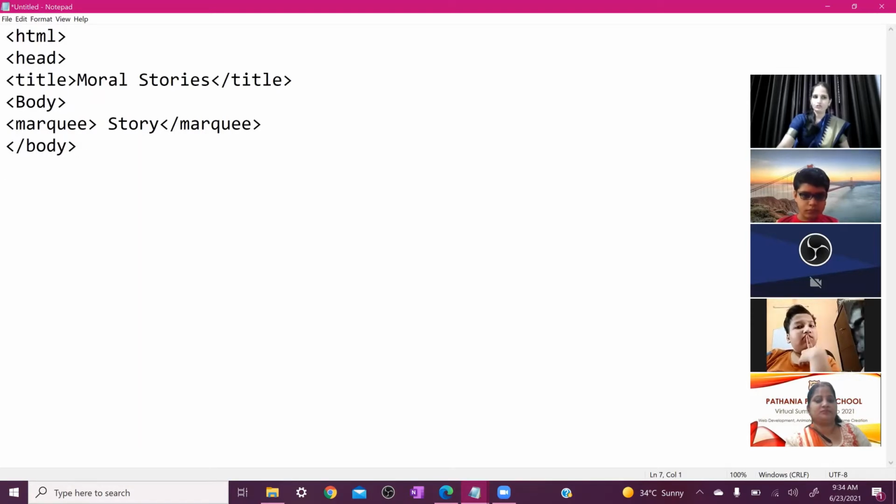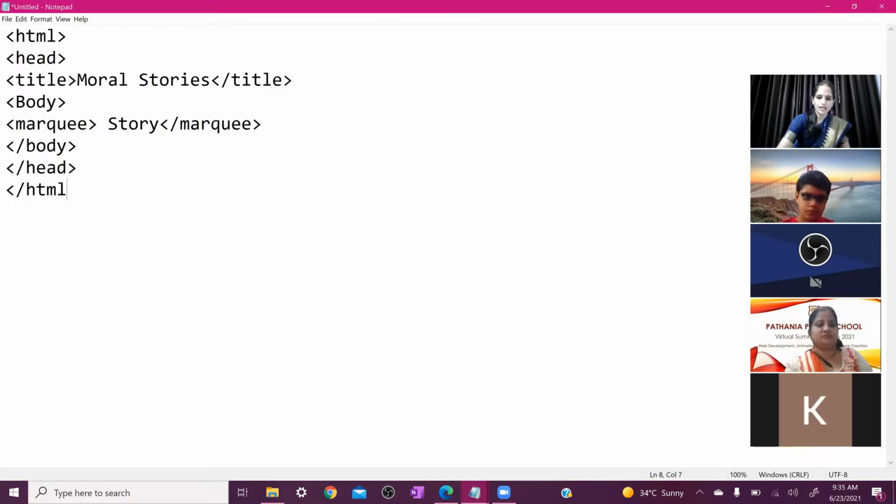And after closing the body, we need to close the head tag. But this is your head tag. This head tag you can close after the title tag. Otherwise, you can close this head tag just before the HTML tag. Okay, so I am closing my head tag just below the title tag. So sorry, HTML tag. So here we close head, and after closing the head tag, we need to close the HTML. So here our basic structure is completed. So now we learn all these things, how to insert images and videos, etc.